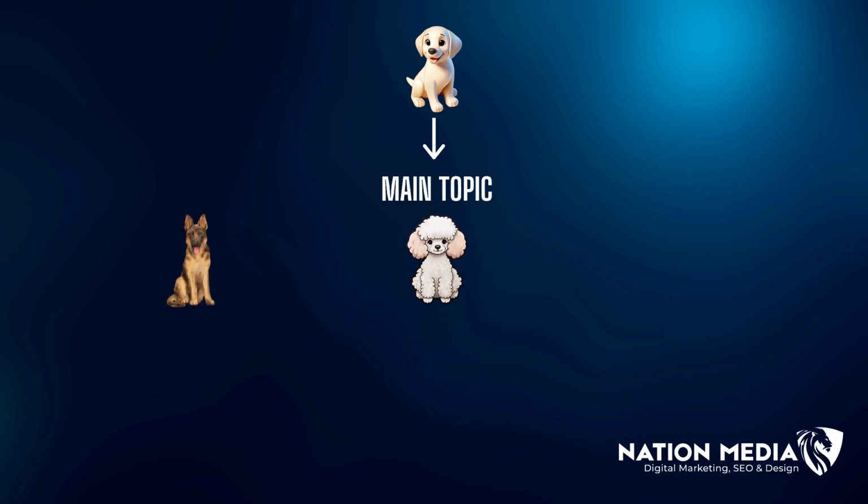What is a topical map? A topical map is the organizing of content to thoroughly cover a topic. So let me give you an example. Let's say we want to create a website about dogs, but then more specifically, we want to create the website about dog breeds. Well, if you think of, let's just say a German Shepherd and then a Poodle and then an Australian Heeler, if we start with those as the main subject, and then from there, we break it down